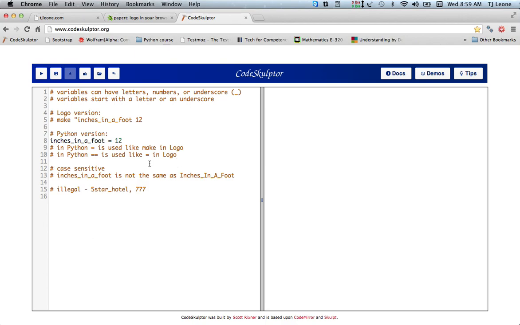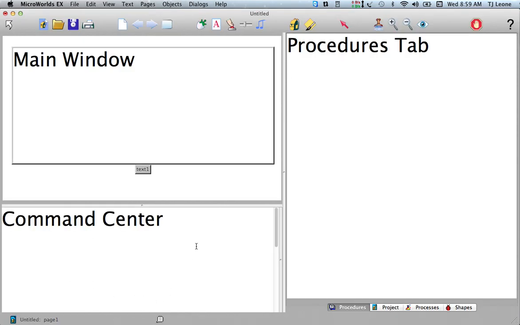In Logo, we use equals to see if two things are the same. If I say show 5 equals 5, it says that's true. I said print instead of show, I'm getting my prints mixed up. So it's a similar idea in